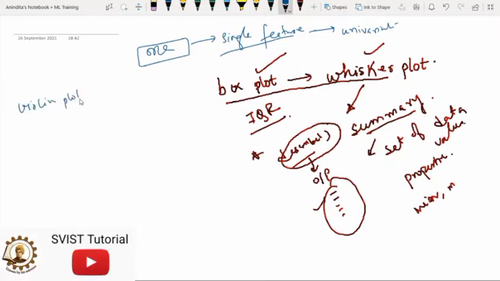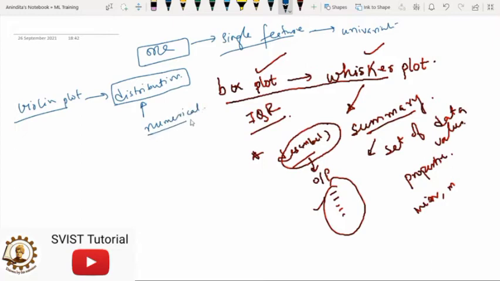This violin plot is basically a method to visualize the distribution. Now, distribution of what? You can only visualize the data distribution if the data is numerical in nature. So you have to be very clear: if your column is holding categorical values, then do not go for the violin plot. But in this case, we are sure that sepal length, sepal width, petal length and petal width all have numerical or real values. So I can use the violin plot to see the data distribution.